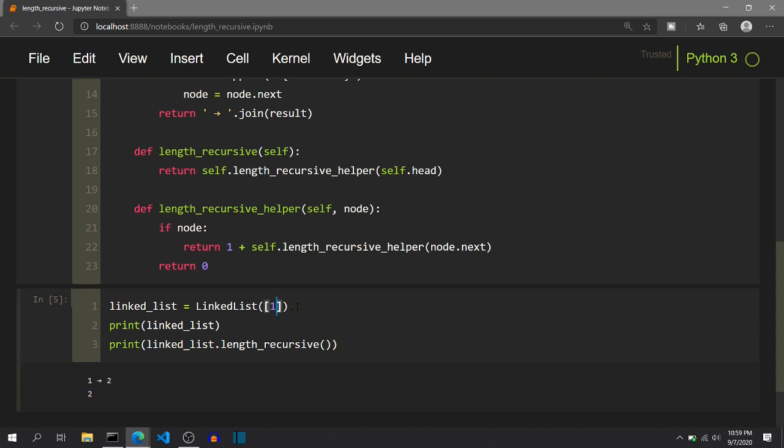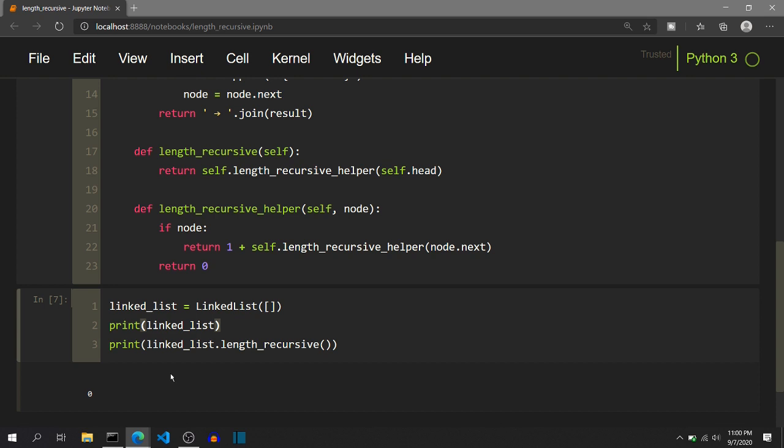Again, a linked list with just one element. Execute this. This is the linked list, that is node 1, and this is the length. We can also pass an empty linked list to see what happens. Yes, a blank line indicating an empty linked list and then a 0 length. So as you can see, all the boundary cases as well as non-boundary cases are covered by the recursion function. So this is how you write the recursive code to find the length of the linked list.